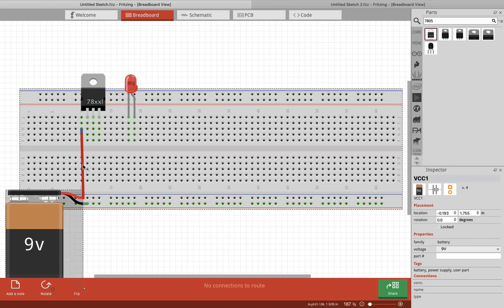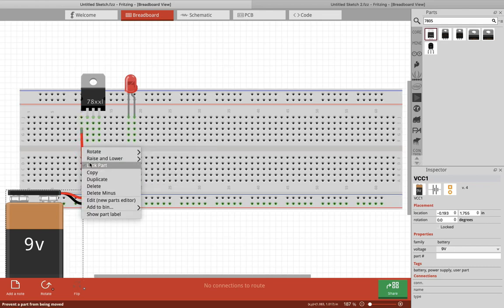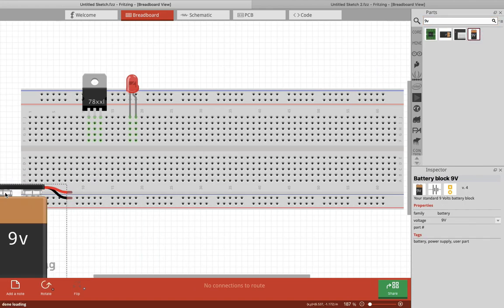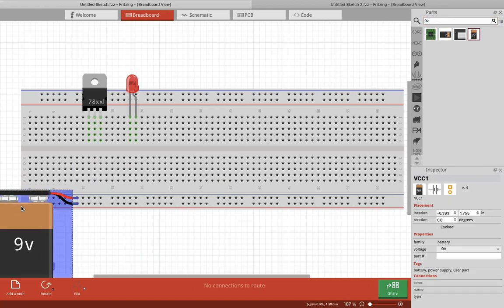You can right click on this and click delete. Okay, just delete it, and let's take the battery again. And here you can connect this as you connected.